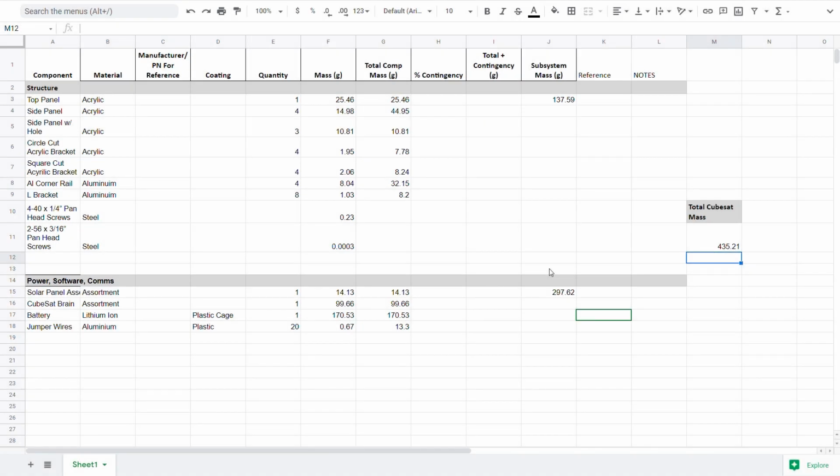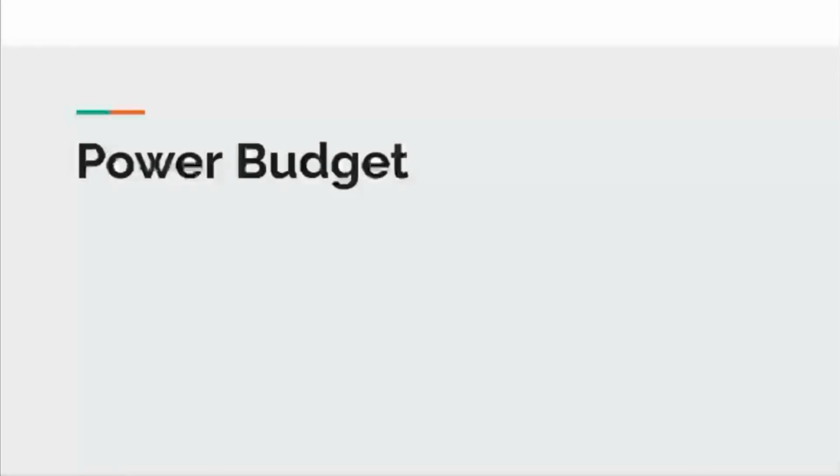To create our mass budget, we experimentally determined the mass of each component to the correct sig figs. Then we compiled each mass into subsystems, and then finally a mass for the final overall system of the CubeSat. The comms, AC/DC, and software were combined because of the intertwined nature, and each system only had one or two components. I will now be discussing the power budget for our